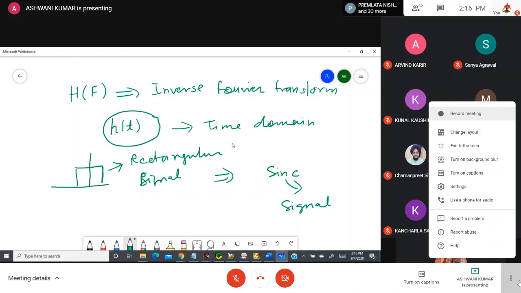But you see, you are giving not a single pulse. You are giving the carrier repetitively, so many pulses. So what will you have at the output?